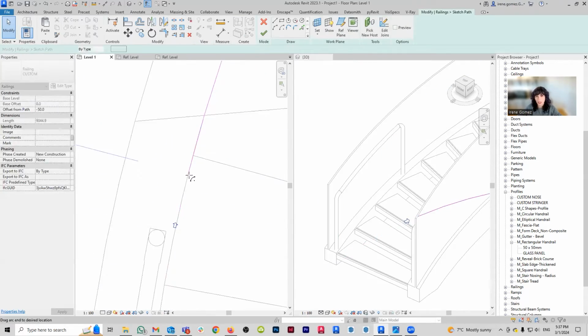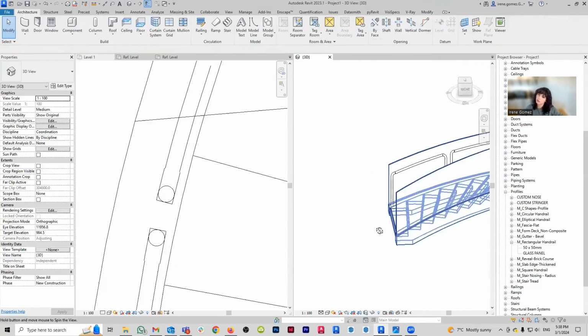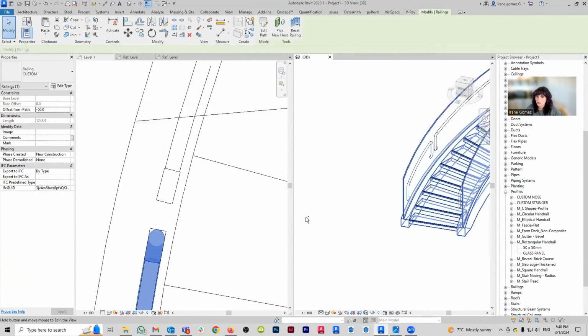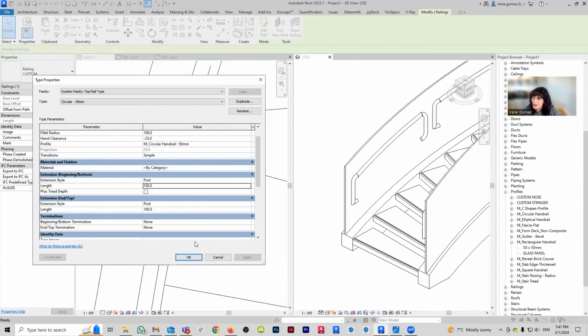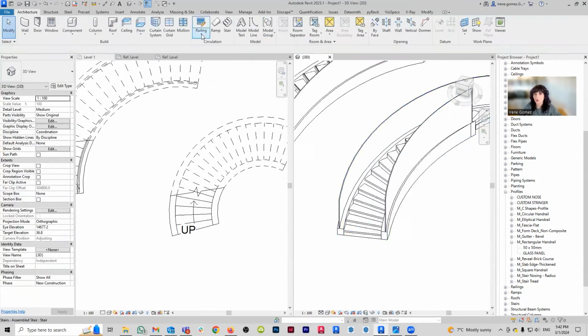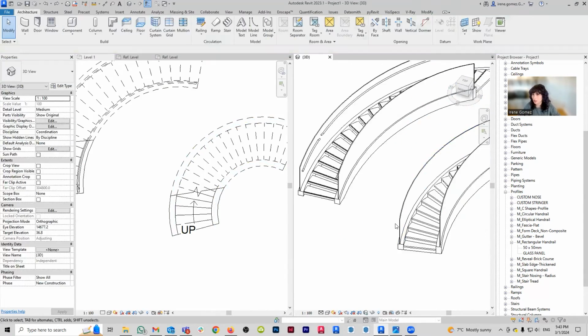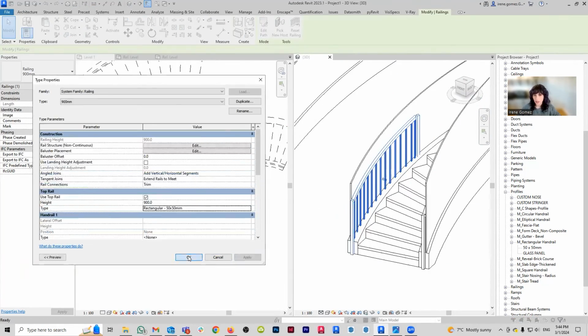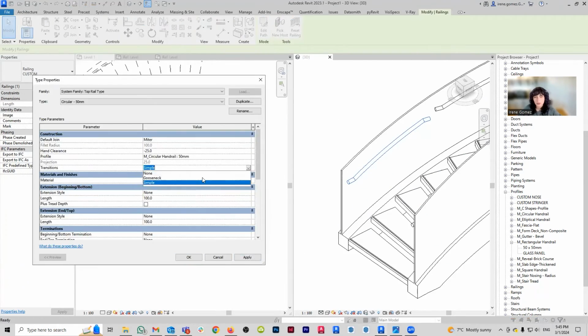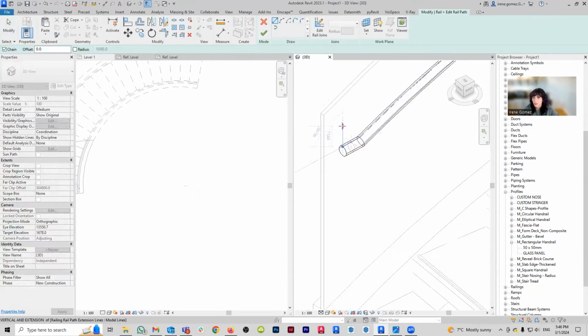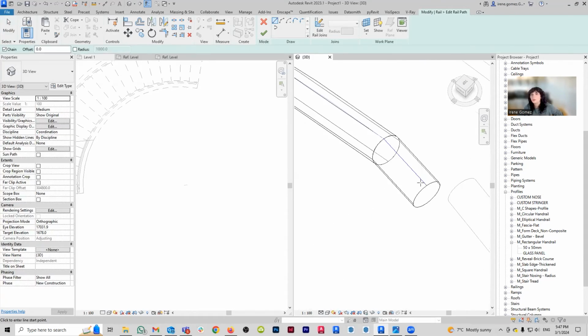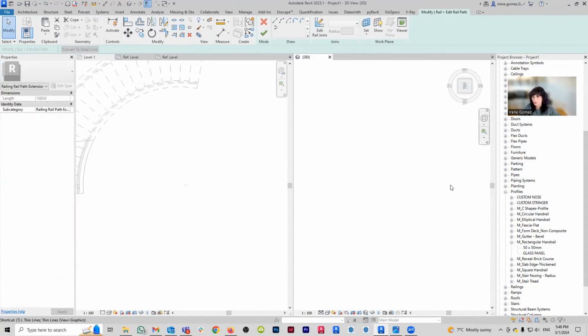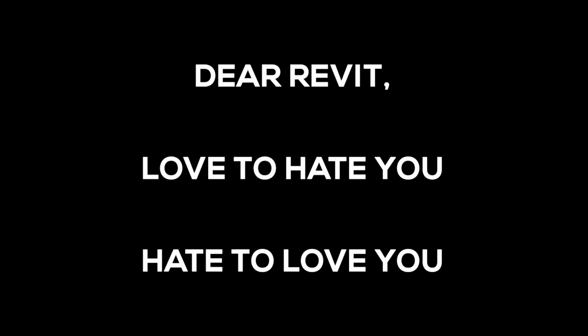The other thing to keep in mind is that when you use this method, you're going to have to manually adjust the length of that extension, because when you set it to go to the floor, it's not going to stop at the stringer, it's going to go all the way down to the floor of the level. So you're going to have to manually edit the path of the top rail, and then also manually edit the length of the extension that goes to the floor. So yeah, that took me 1 hour of brute forcing.